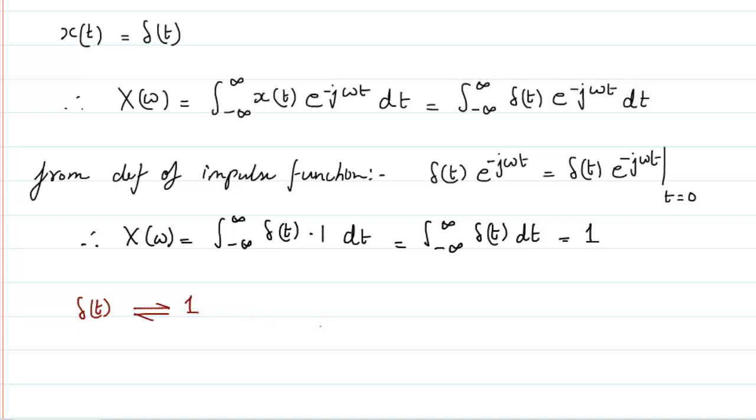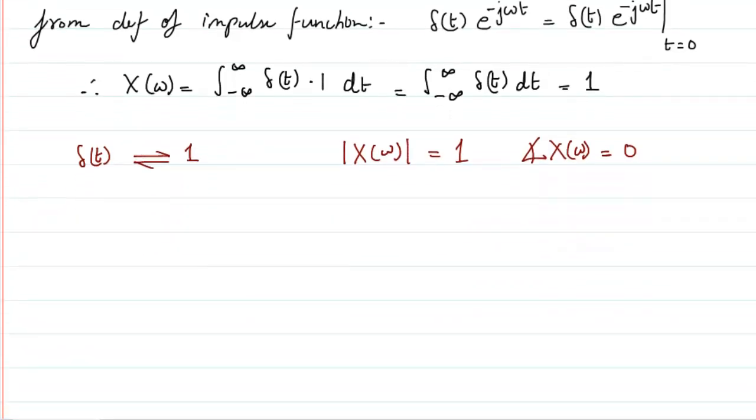Okay, now whenever I find out the value, it is very important to find out what is its magnitude and what is its phase value. So I'll be interested to find out the magnitude of x of omega, which, as you can see, since it is 1, is 1, and the angle of x of omega is going to be 0 because it's a simple real value. So there is no phase angle in it, and the magnitude is 1. So how do we draw it? The drawing part is very important.